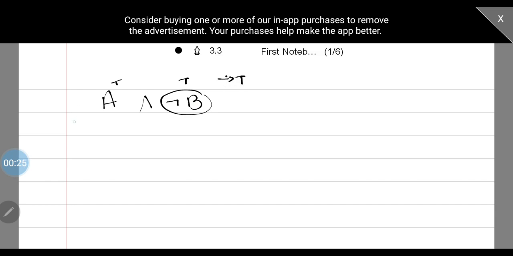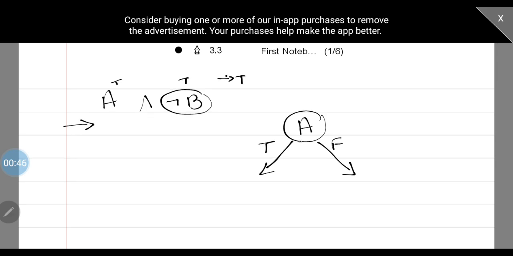The Boolean functions are computed from left to right. So the first variable we have here is A, and that can act as the root node. Each variable has two values, right? In a Boolean function, true and false. So if A is true, B also should be true to get true as the outcome.